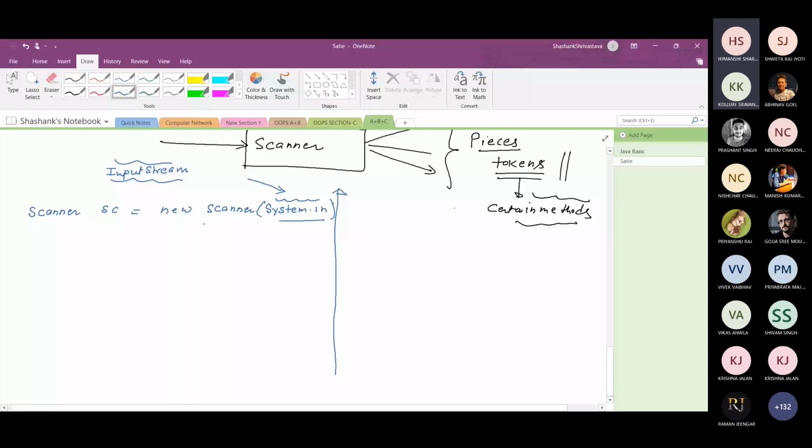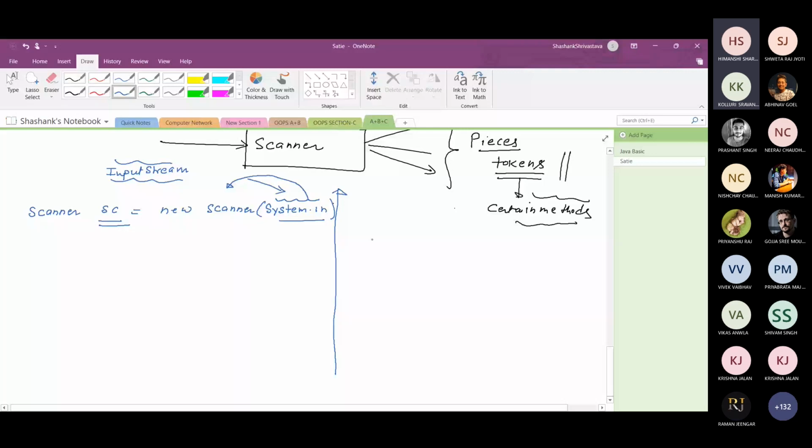What was happening earlier? In the previous example, System.in was connected with InputStreamReader, but here System.in is connected with the Scanner class. Now with the help of the Scanner object, we can access the Scanner class functionality. There are some methods of the Scanner class.